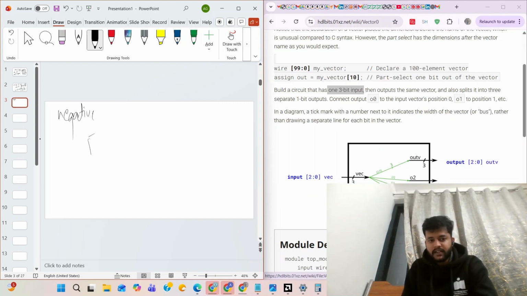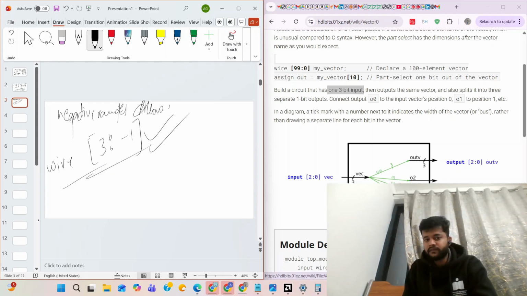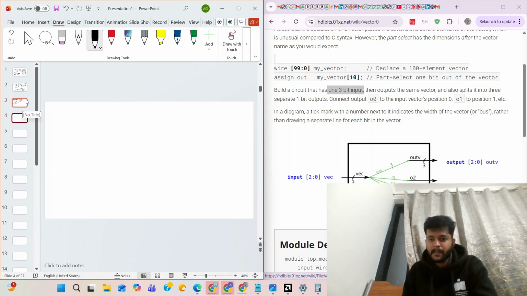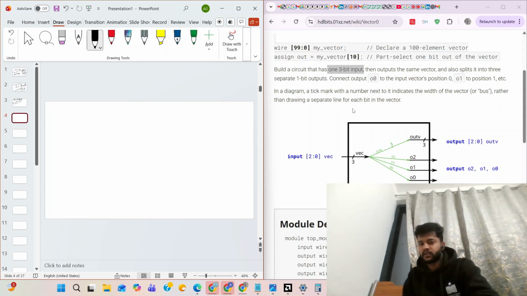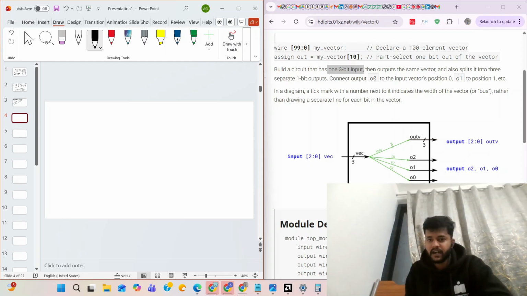Let's say you wrote [3:-1]. It is also a correct form of writing, meaning you can define the wire like that. So negative ranges are also allowed. I'll tell you more about vectors while solving all these problems, so you'll get a deeper understanding.